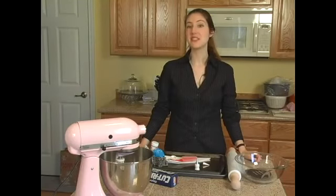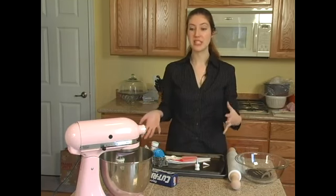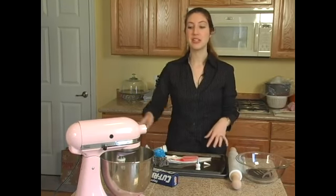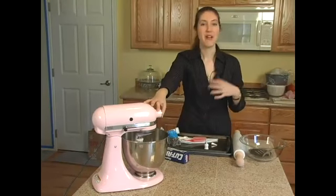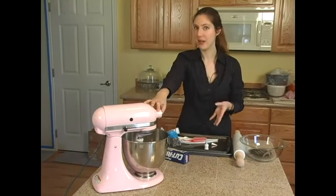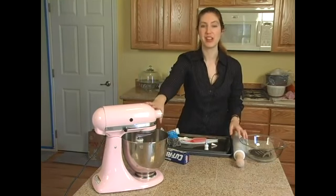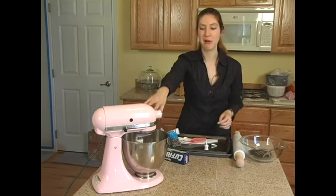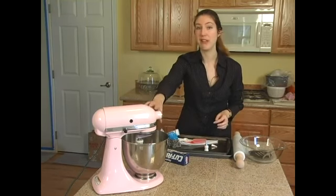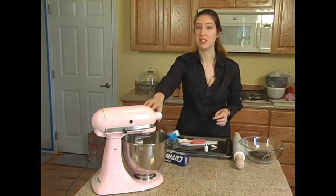We're going to need lots of different pieces of equipment in order to make our snowflake cookies. One of the most important ones is going to be a mixer. Now you can always beat the ingredients together, particularly the butter and the shortening, by hand using a wooden spoon, but that's going to give you a very sore arm very quickly. So you want something with good high horsepower, preferably a standing mixer, but if you have a good hand mixer, that'll work as well. You just have to be careful not to burn the